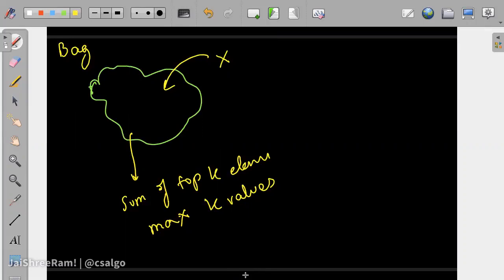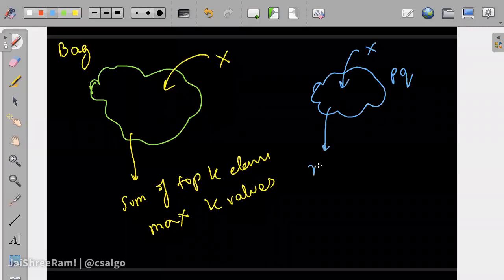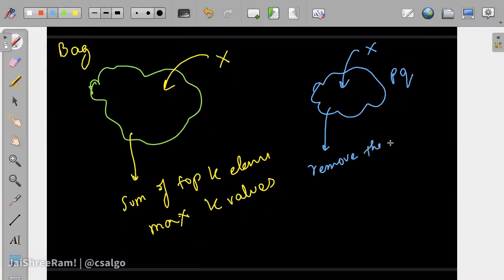Stack won't work. You will have to maintain a multi-set, or you can maintain a max heap. Yeah, exactly. For this problem, the desired data structure is max heap, but you can also maintain a multi-set. Yeah, priority queue, exactly. Priority queue is implemented using heaps. There is a structure called priority queue, which implements functions like insert element X, remove the max, and get the max. So how do we use this structure to solve this particular problem?